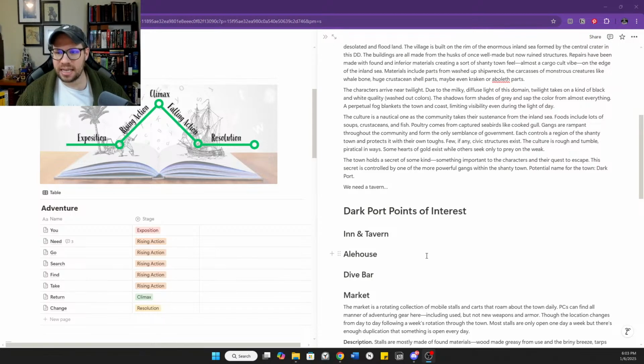So it's made up of ruined buildings, hobbled together with new construction made out of new or found materials, very much like a cargo cult kind of feel to it, including bits of shipwrecks and the carcasses of monstrous creatures, whalebone, all that kind of stuff.